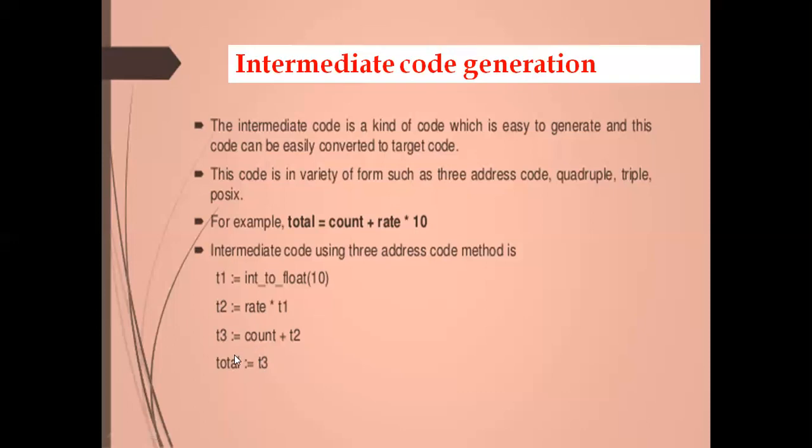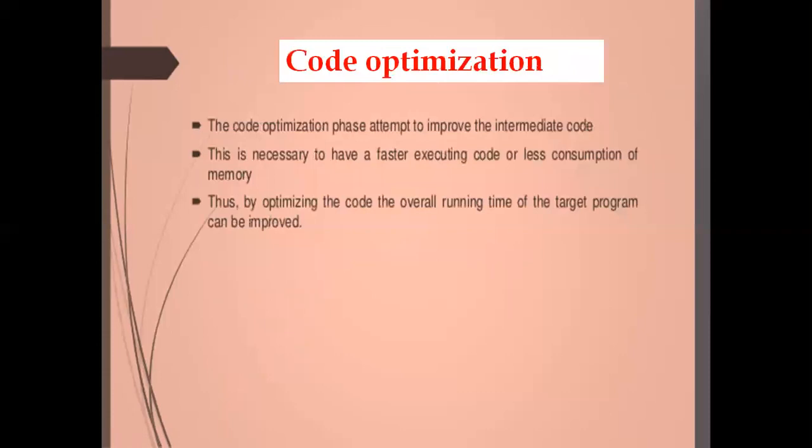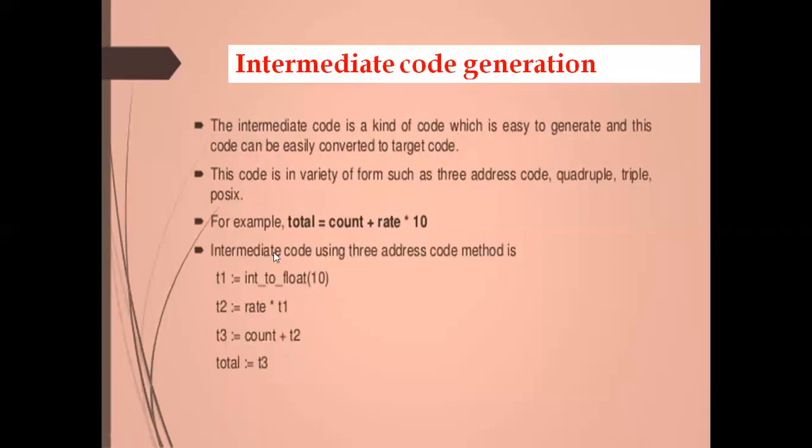So here we are processing in a systematic way. How to process in a systematic way, the intermediate code will tell. From this intermediate code, it will transfer to code optimization. So here in intermediate code we have found these 4 steps. And in code optimization, it will